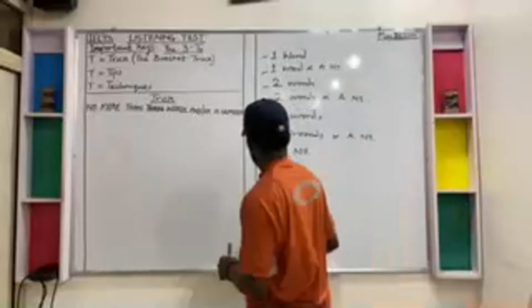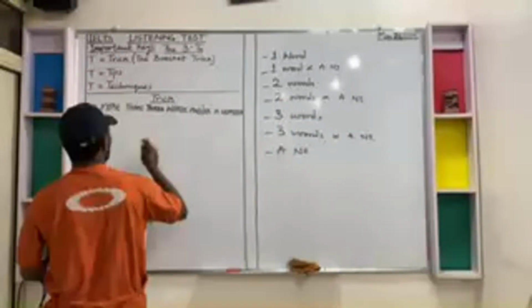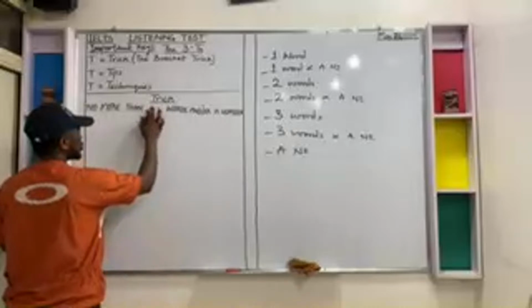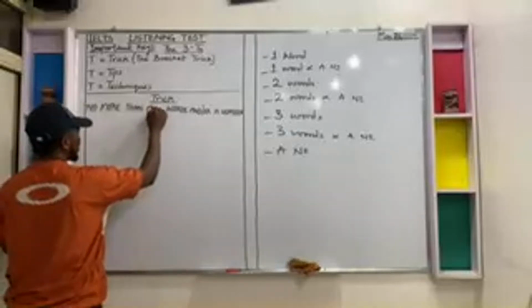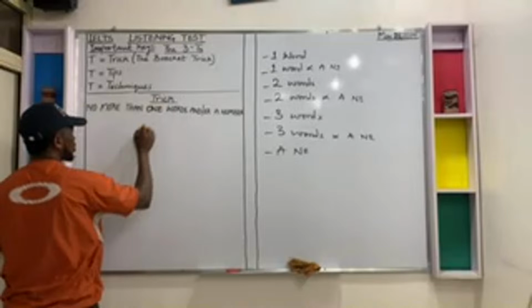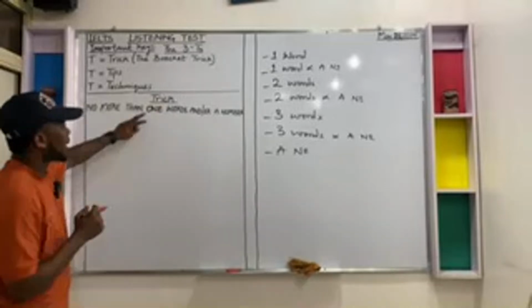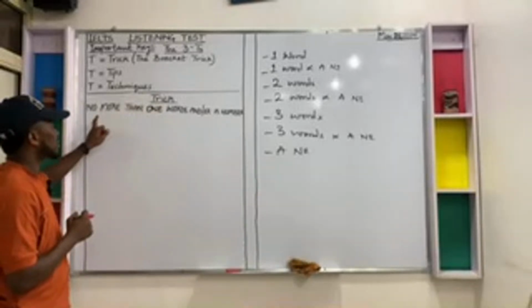Okay, so let's now begin. How to interpret a question instruction. How do we apply the bracket trick when we are treating a section that says no more than